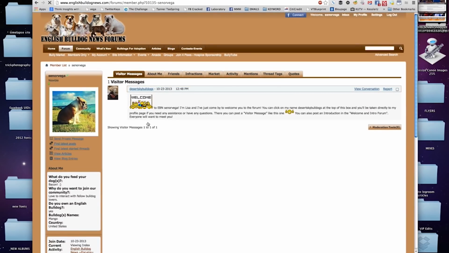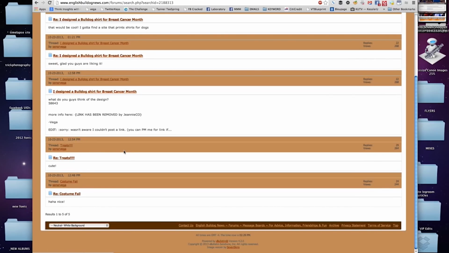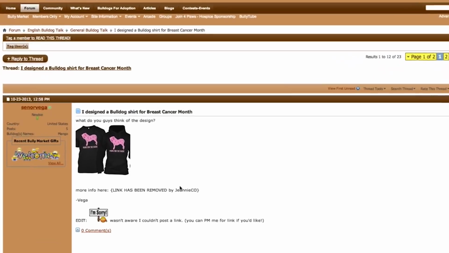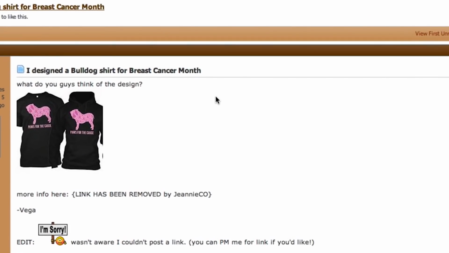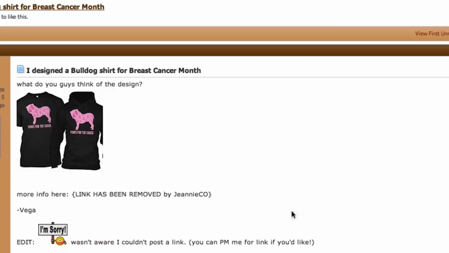So this is my profile, and these are the posts I have made so far. I just made a few comments on some other people's threads here, but let's check out the actual post I did for my shirt. The post is super simple. It just says, I designed a bulldog shirt for breast cancer month. What do you guys think of the design? And I put up a picture of the shirt and the hoodie, and down here I had